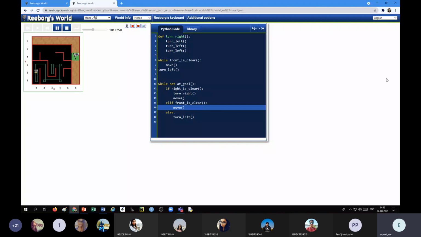When it reaches the flag, the program will stop.